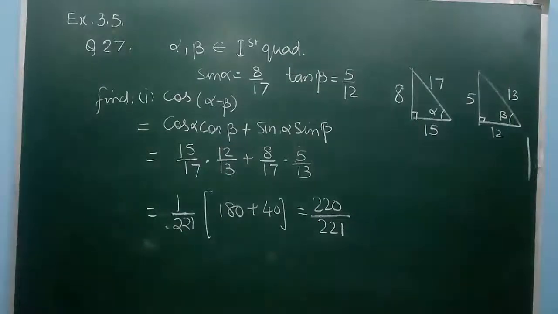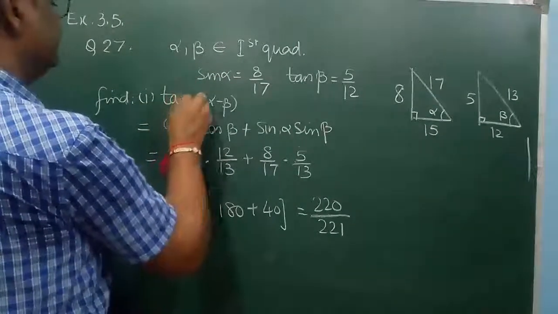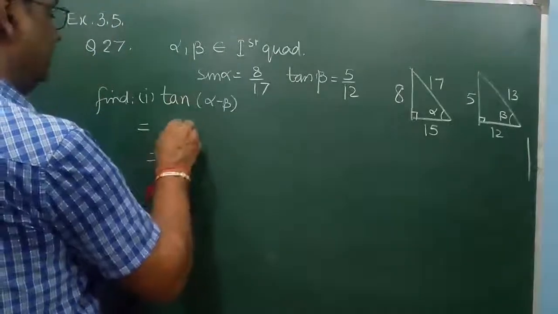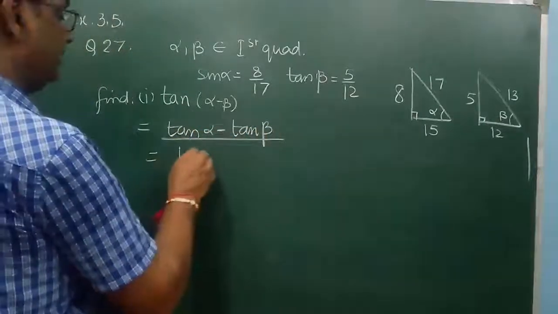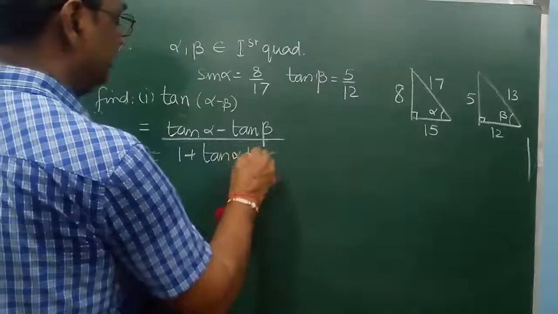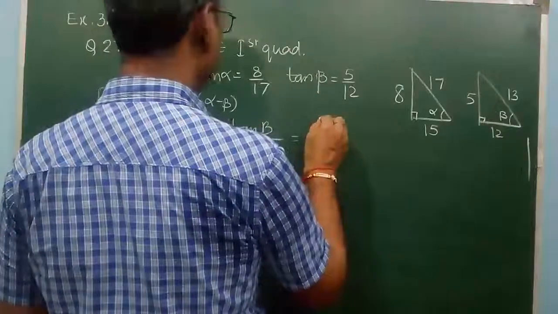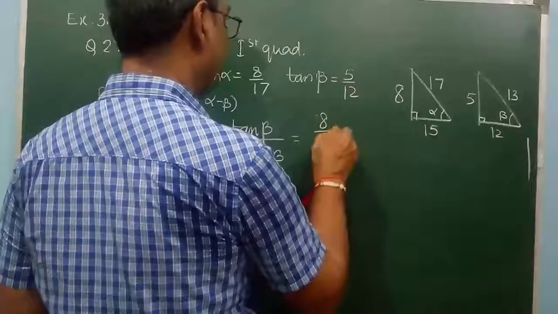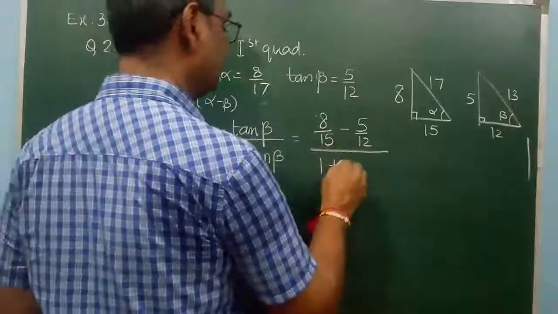Now the third one is tan(alpha minus beta). The formula for tan(alpha minus beta) is tan alpha minus tan beta upon 1 plus tan alpha tan beta. Tan alpha is, you can see here, perpendicular upon base, minus tan beta, 5 by 12, upon 1 plus